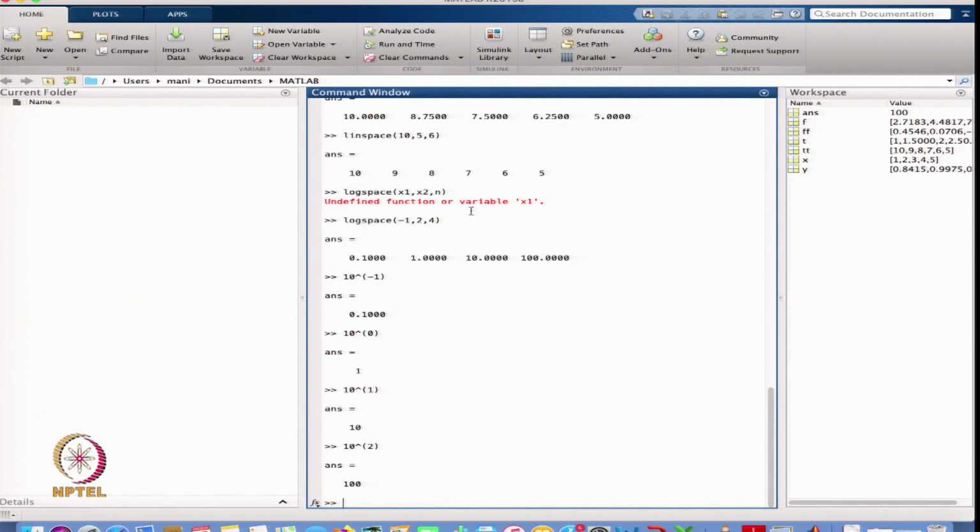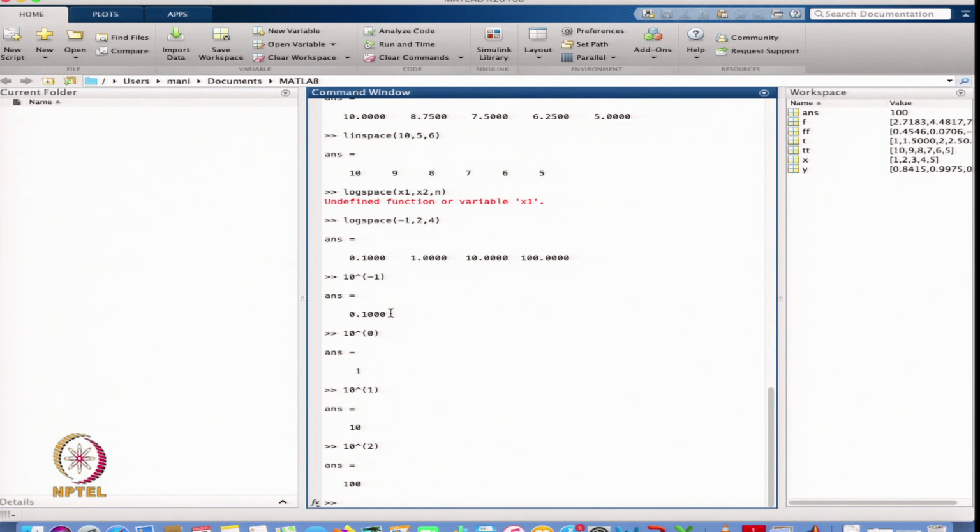So it is giving you the mesh with the help of logspace, starting from -1 to 2 and distributing the interval into 4 elements. In linspace we get a linear mesh, but this is the log mesh, or the non-linear mesh.